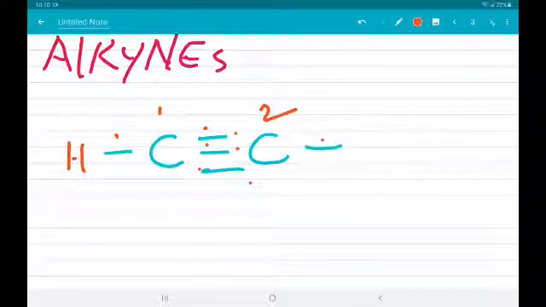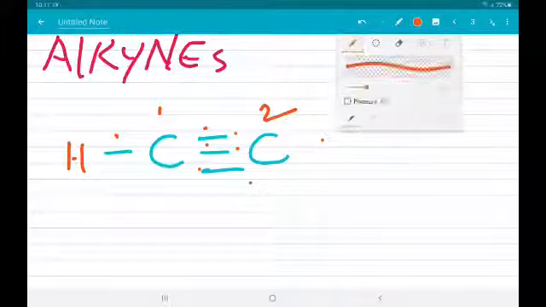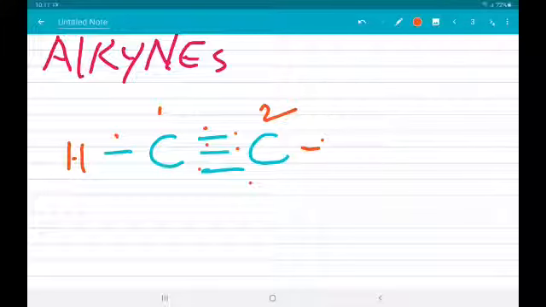Now this fourth one has 2 possibilities. It may complete by bonding with hydrogen if it is a 2 carbon chain, but if it is not a 2 carbon chain, then it is going to link to another carbon, with a single bond to the other carbon. So now you see the second carbon has 1, 2,